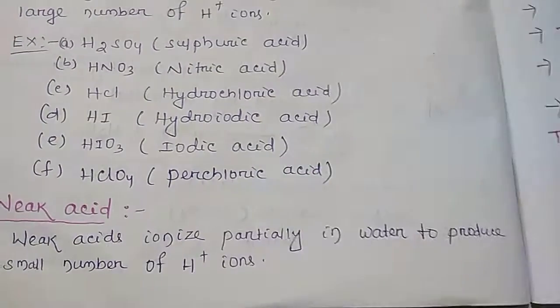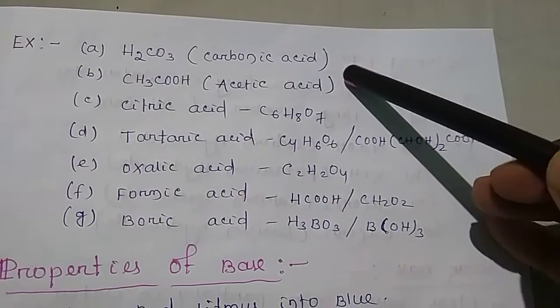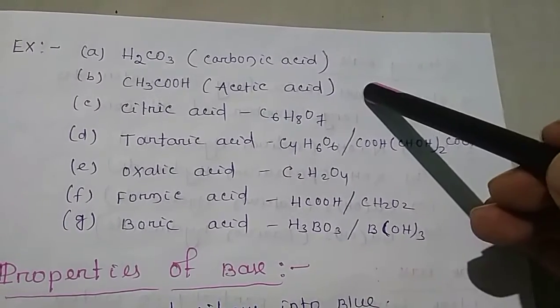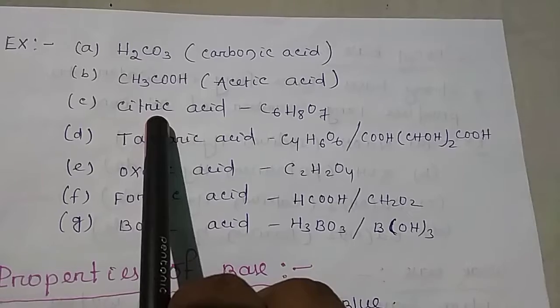So what are the common examples of weak acid? These are the most common examples of weak acid. First one is carbonic acid, H2CO3. Second one is acetic acid, CH3COOH. And third one is citric acid,